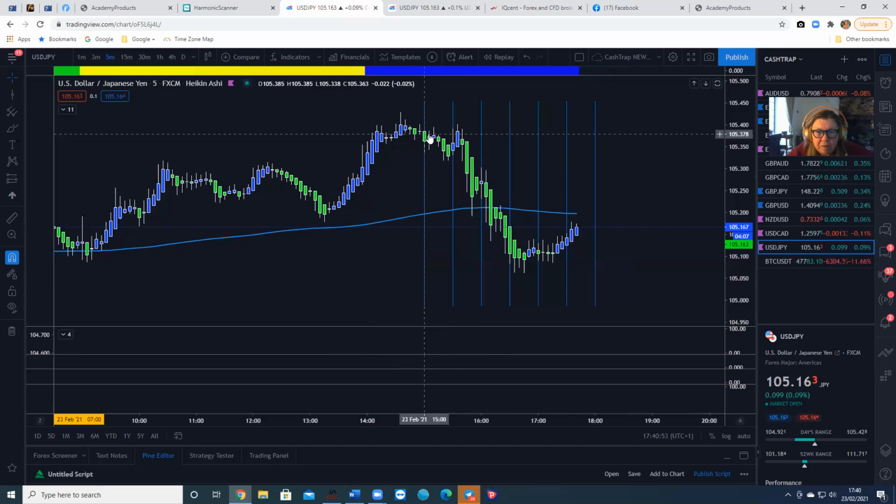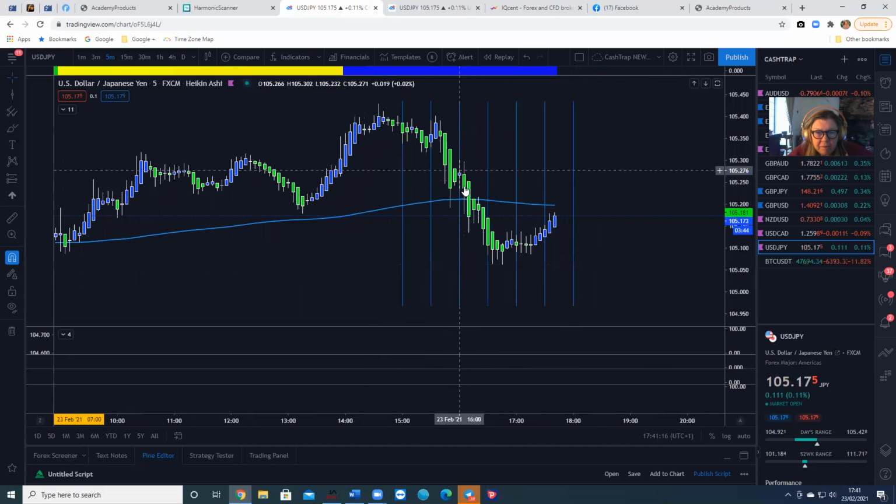UK time. So 2 till 4 your time, 5 o'clock my time, 3 till 5 is generally when New York across any pair makes its move. And indeed, that is what happened here. Big move down. And then it's now coming to tea time and then into later evening, close of play. So it's kind of very wicky, and it's just balancing that